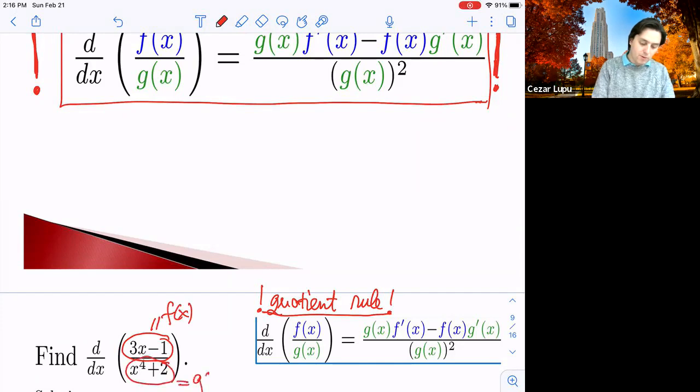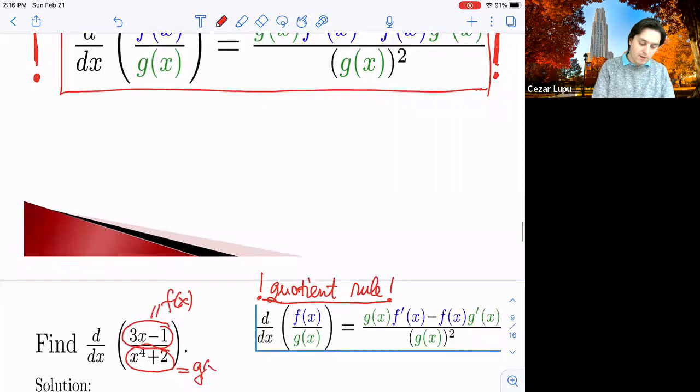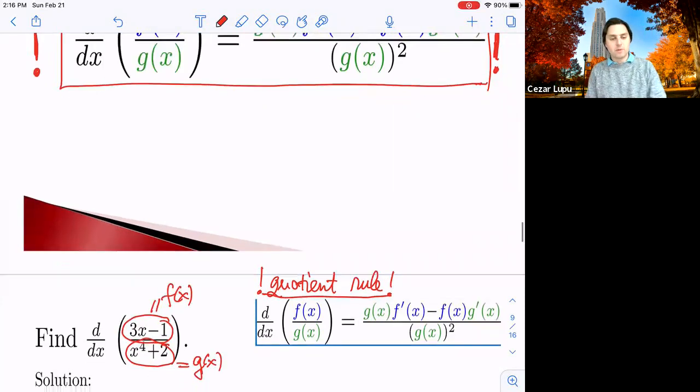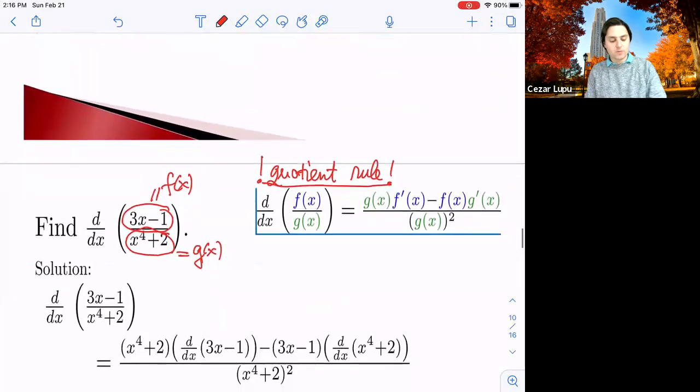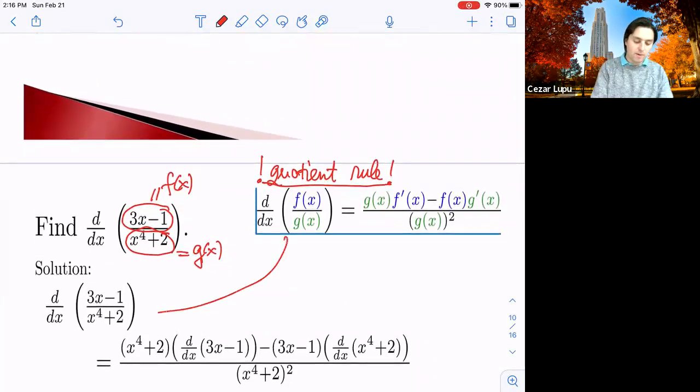And this guy here, g of x, is x to the 4th plus 2. All right, this is pretty straightforward. Let's apply the quotient rule. Well, that's exactly what we do here, right? So we apply the quotient rule, and we have that